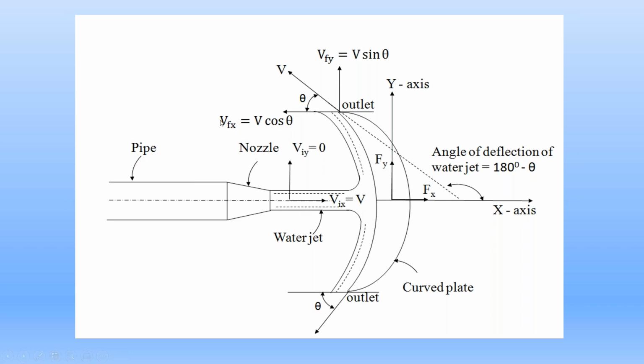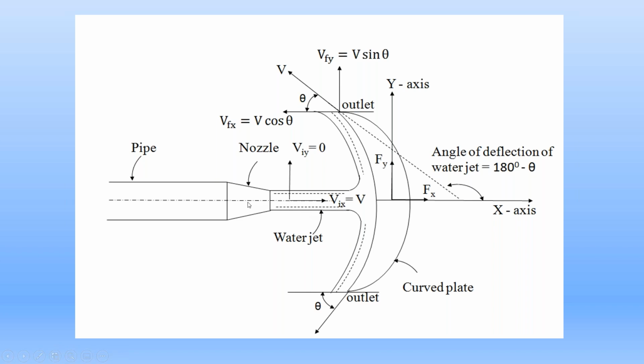So please everyone focus on this diagram. This is the curved symmetrical metal plate. These two are the ends. This is the lower end. This is the upper end. We call these ends of the metal plate outlets. Sometimes one is called inlet, the other is called outlet, whereas here we call both outlets.